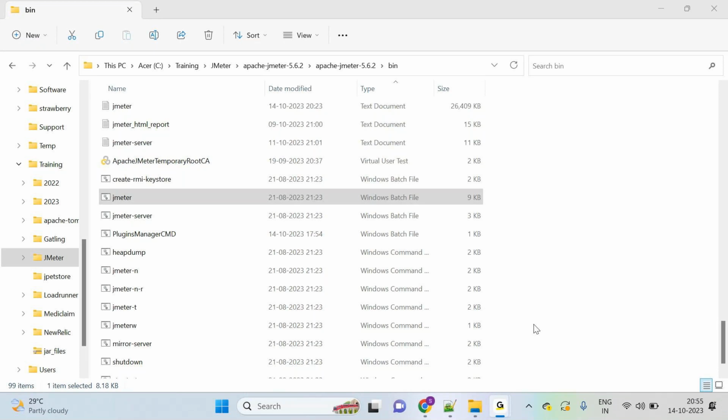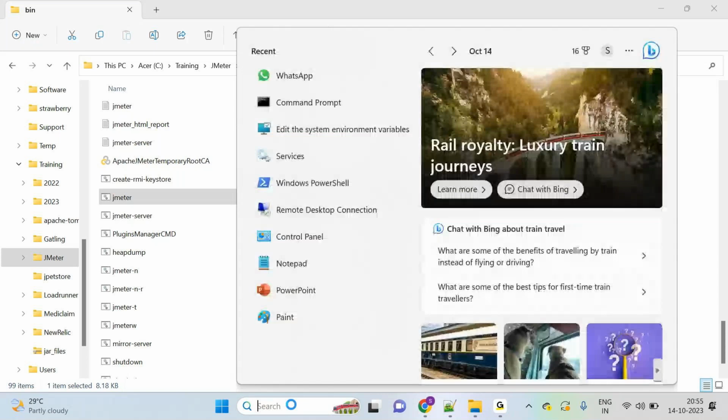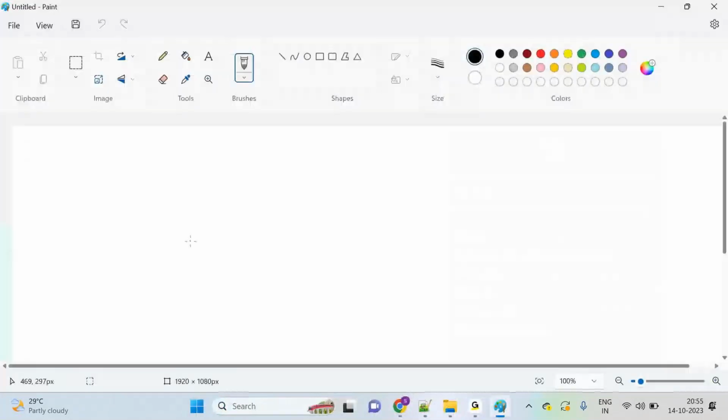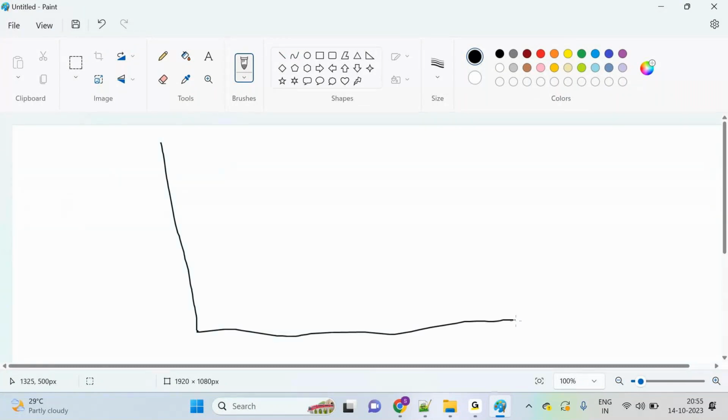Okay, so why am I saying this? Say I am a performance tester who is only doing performance testing using a load testing tool like JMeter. For example, I am doing performance testing using JMeter, but I did not monitor my infrastructure. What is actually happening behind the screen while I am running a test?